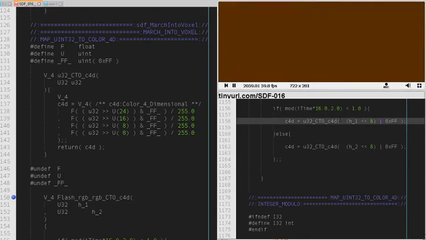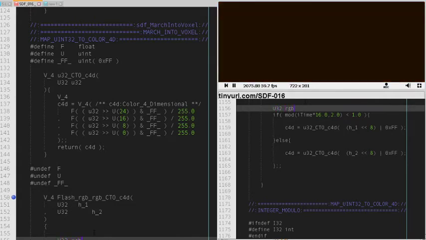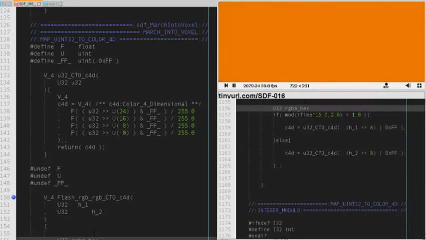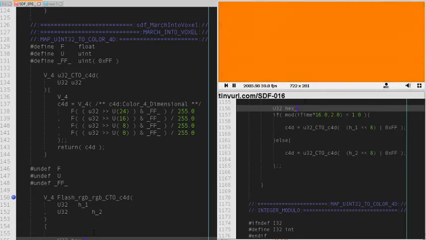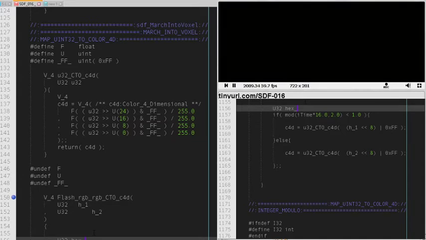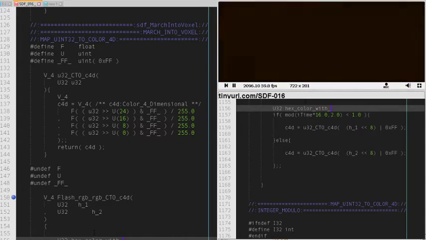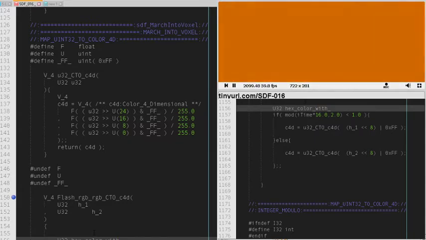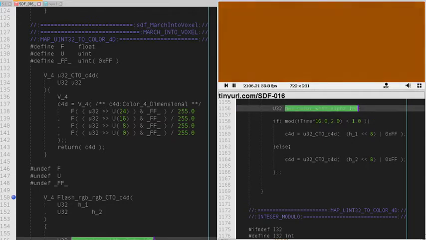Like we could write it this way, or maybe it would be easier to say U32 RGBA, hex color with alpha. Right, we could do hex color with alpha 100, and we could say, you know, well,